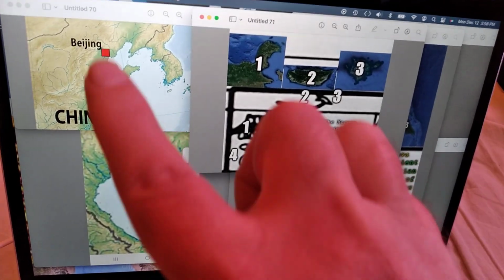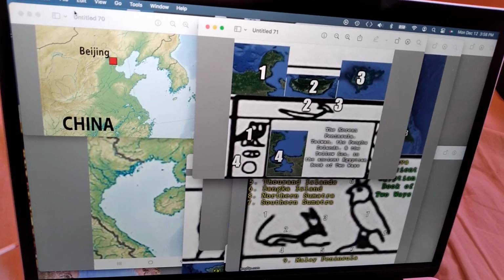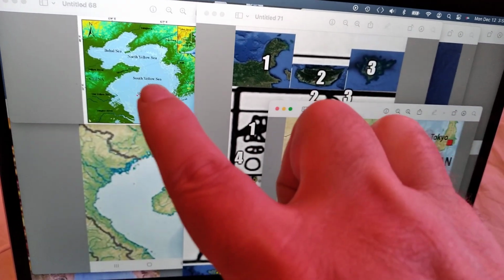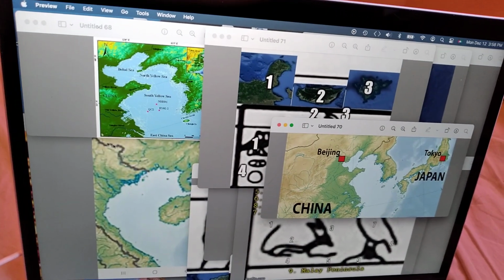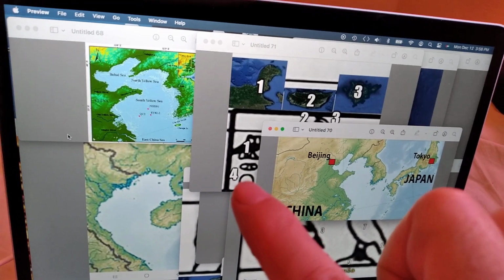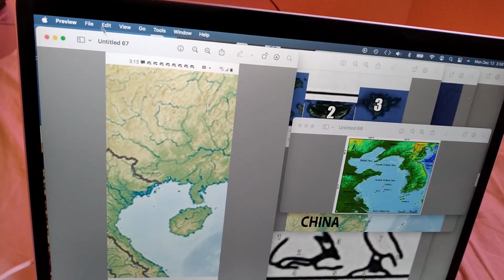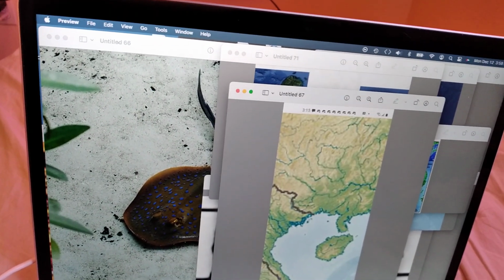And so Beijing is right next to the contrary face guy. And here's where you can see the North Yellow Sea and the South Yellow Sea, and then the Bohai Sea. So it fits with the picture, which has a split sea and then another sea under it, or a split waterway. Oh yeah, I'm trying to think of